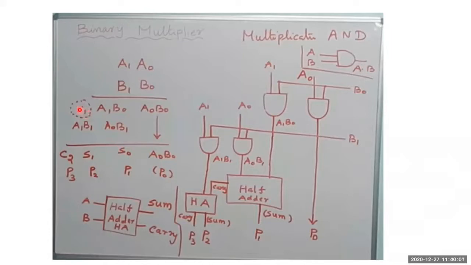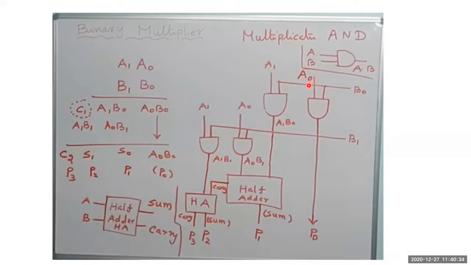Now this C1 and this A1 and B1 are added. Whenever you add these two, you will get another sum, S1, that becomes one of the products, and simultaneously it produces a carry. Let that carry equal C2. So ultimately this entire thing becomes the output of a particular binary multiplier. The same thing I have put here in terms of a diagram. So see now, for the first case, A naught B naught, the first input, the AND gate is connected here.